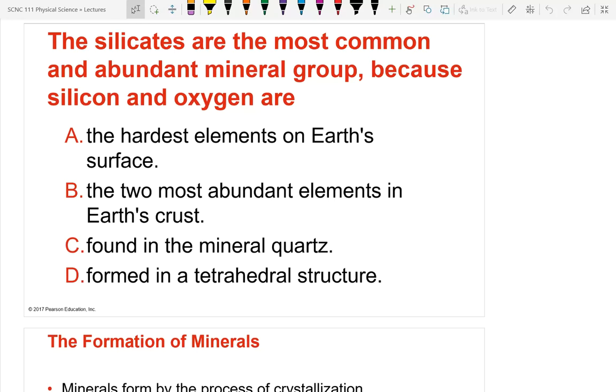Guys, true statements, but not the reason they're the most abundant. Is it somehow disconnected? Yeah, it says no window on channel. How many have we answered so far? We've answered 2, right? Or is it only one? Only one? Well, we'll figure it out. I'm going to go on because he can't answer. So we had